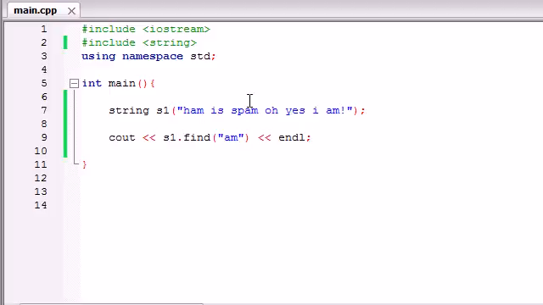Well, there's another function for that, and that's called rfind. This stands for reverse find. You know how whenever you're finding a substring such as "am" in a bigger string, it's going to start at the beginning and work left to right. Well, what reverse find does is it works right to left, and it's going to look for "am". So it's basically going to give you the last occurrence of "am", which let's go ahead and print this out,